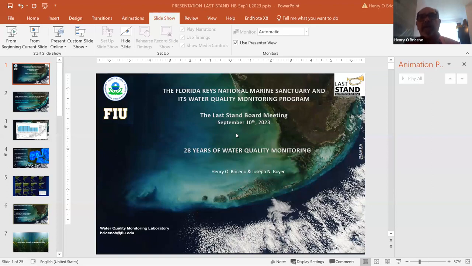Okay, I'm going to give you a brief report on the status of the water quality in the Florida Keys, with data from 20 years of monitoring. The sanctuary began to operate in 1990, and then it required a water quality protection plan and a water quality protection program, and also a water quality monitoring program or project, which is the one that FIU has been working on